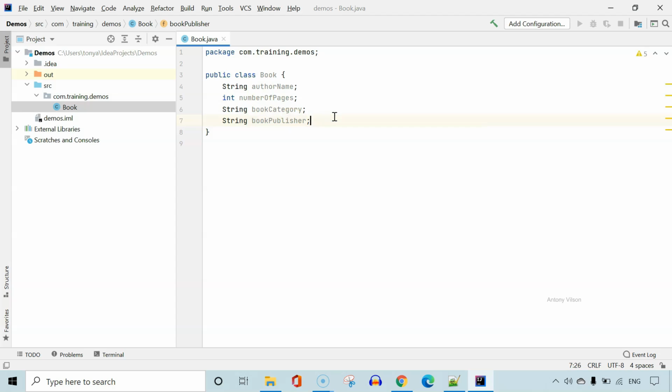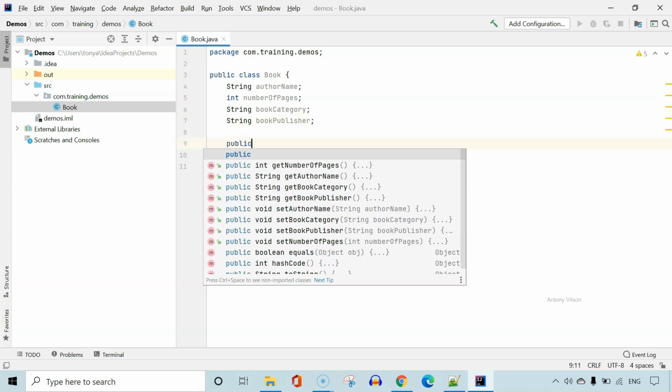Here we are trying to model the book object. We have created 4 variables. Now we are not limited to creating only variables. We can create methods as well. So let's try to create a method of a book which returns the overview of the book. Of course, in every book, at the back of the page you will see a summary of the book. So let's create a method which returns the summary of the book.